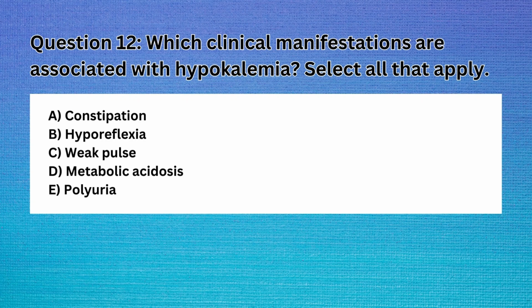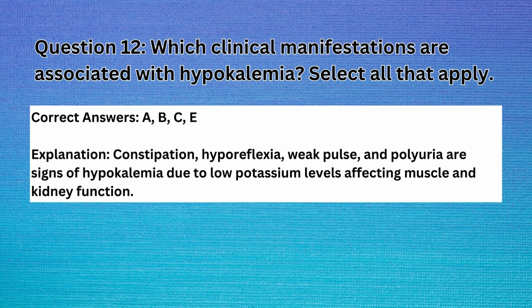Question 12. Which clinical manifestations are associated with hypokalemia? Select all that apply. A. Constipation. B. Hyporeflexia. C. Weak pulse. D. Metabolic acidosis. E. Polyuria. Correct answers: A, B, C, E. Explanation: constipation, hyporeflexia, weak pulse, and polyuria are signs of hypokalemia due to low potassium levels affecting muscle and kidney